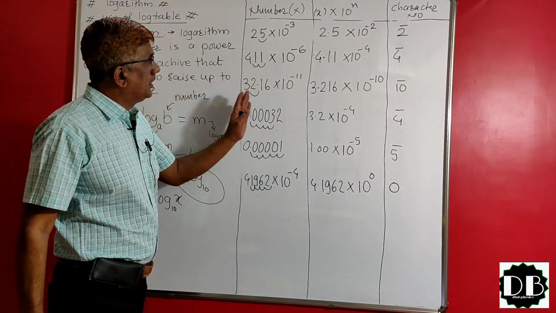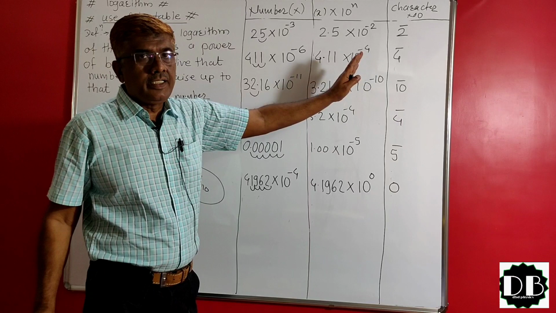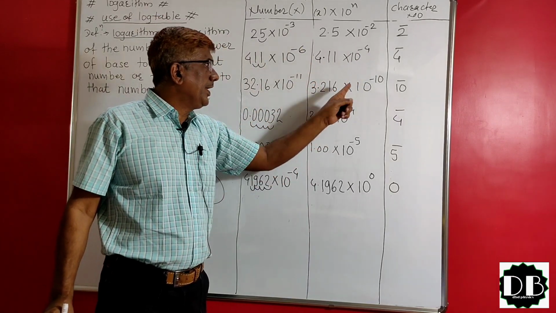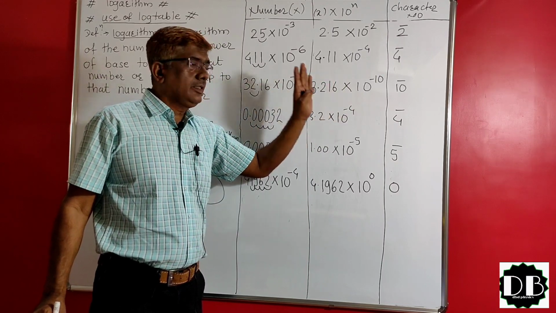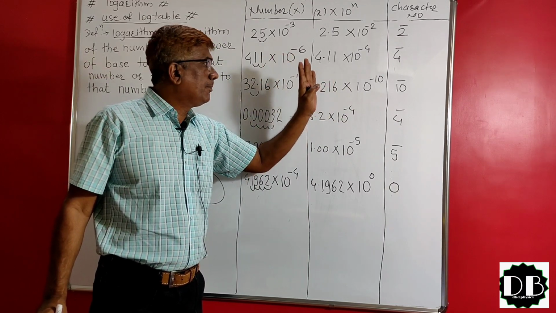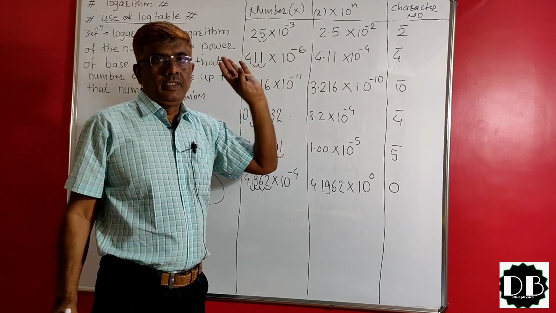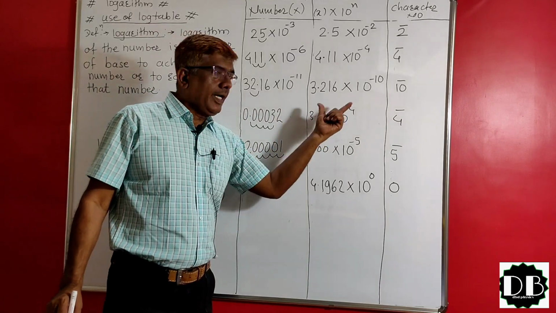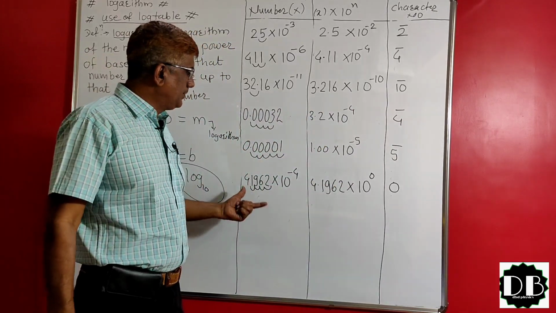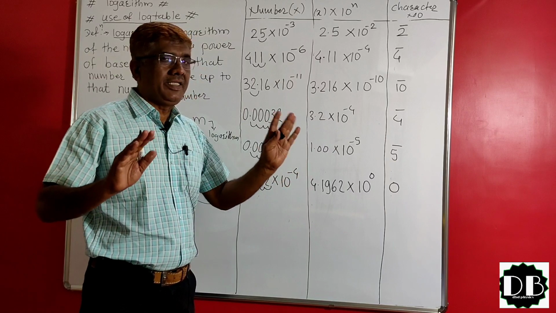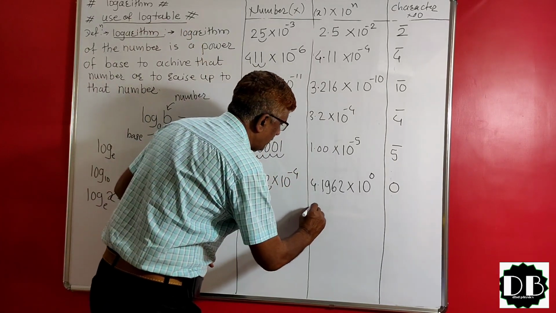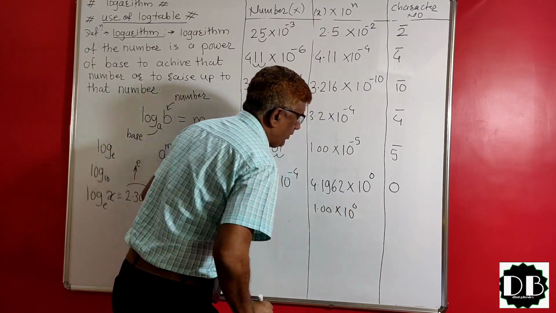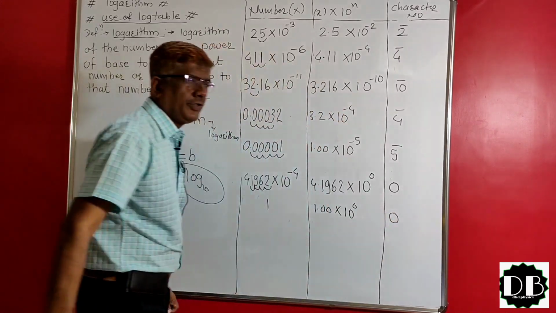That means we must convert the number such that it represents its digits after a single digit and its power in the form of 10 raised to a number. It may be plus or minus. You have to convert the number in this form and then write the character number. That means the character number of any number can be written as, suppose this is 1, we can write 1 into 10 raised to 0. That means the character number of 1 is 0.